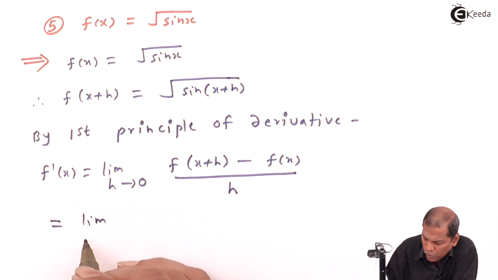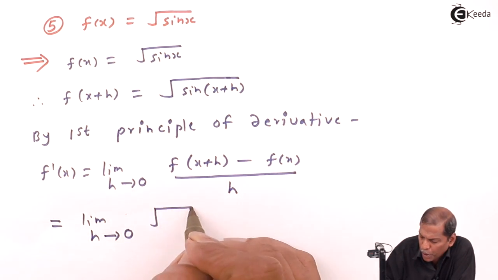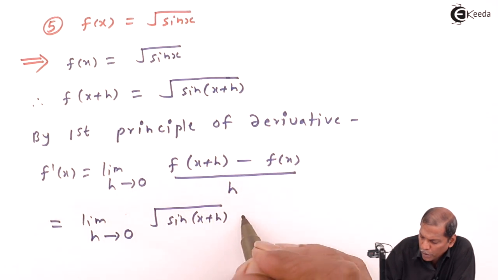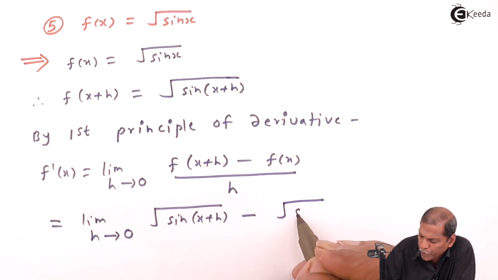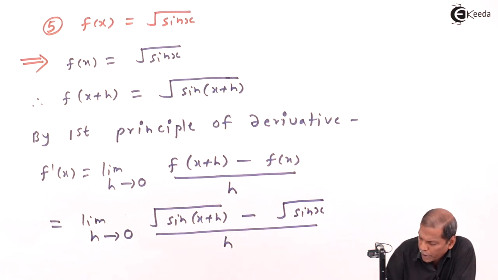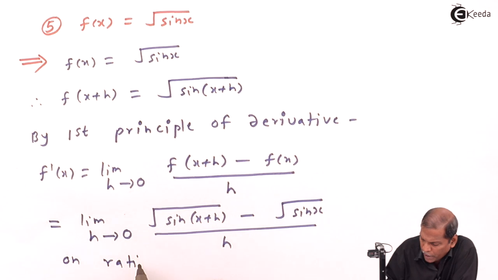So that equals limit h tends to 0. Now for f(x plus h) we substitute square root of sin(x plus h), minus for f(x) we substitute square root of sin x, and the whole thing divided by h. Now here the radical part is present in the numerator, which means we have to rationalize the numerator. So on rationalizing the numerator,